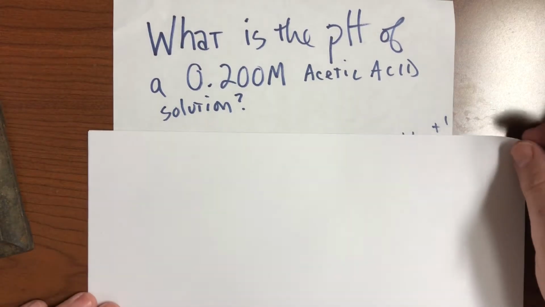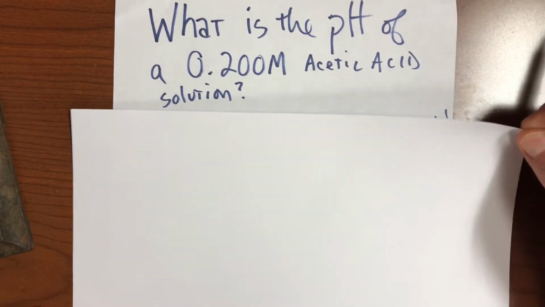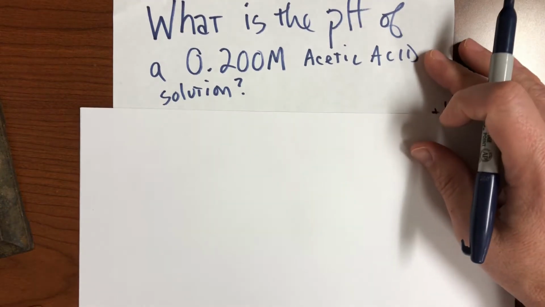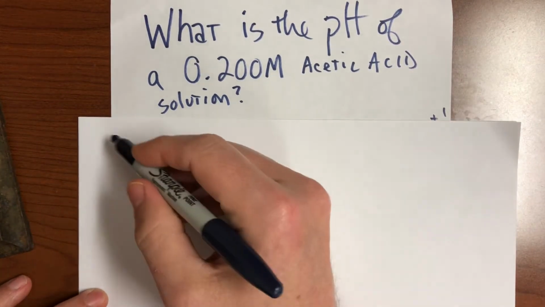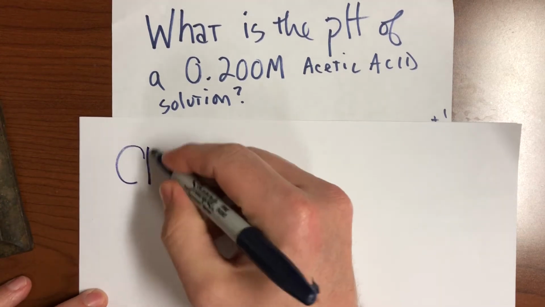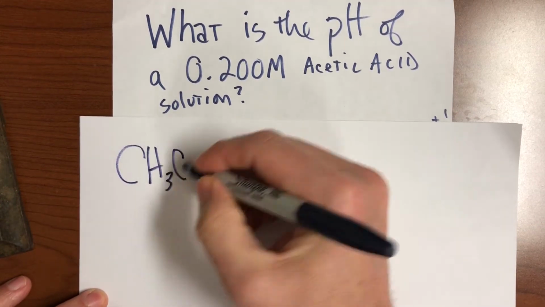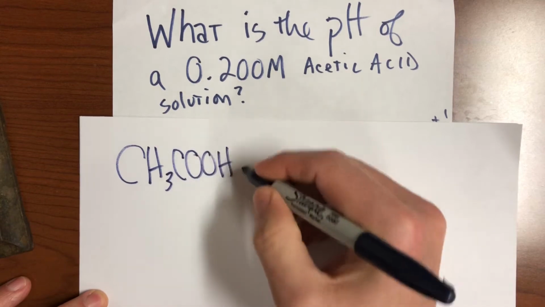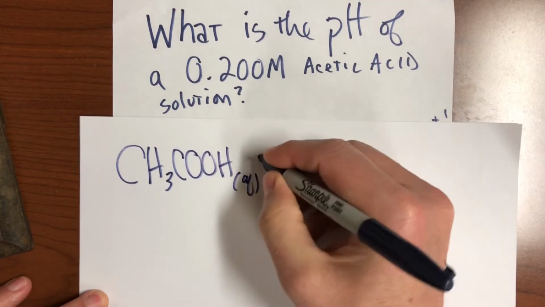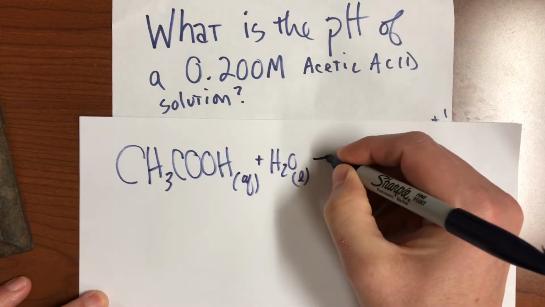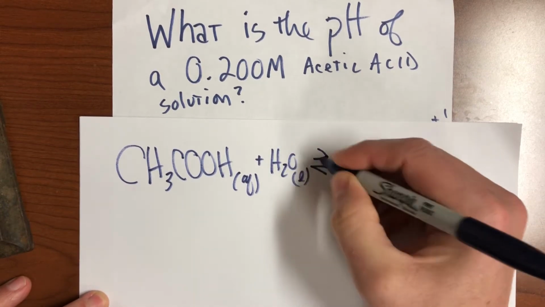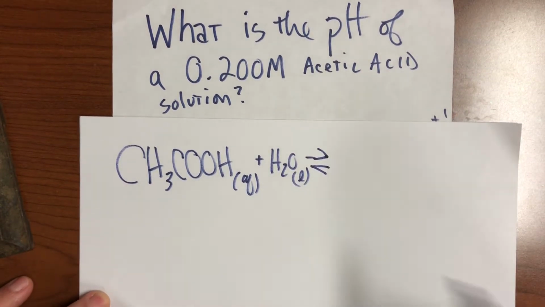So we need to find the pH of a solution, of an acid solution. What we're going to do is start by writing a dissociation reaction for this particular acid. So acetic acid is that. We're going to put it in water, which is liquid. And acetic acid is not on our list of strong acids, so it's a weak acid, so we're going to use